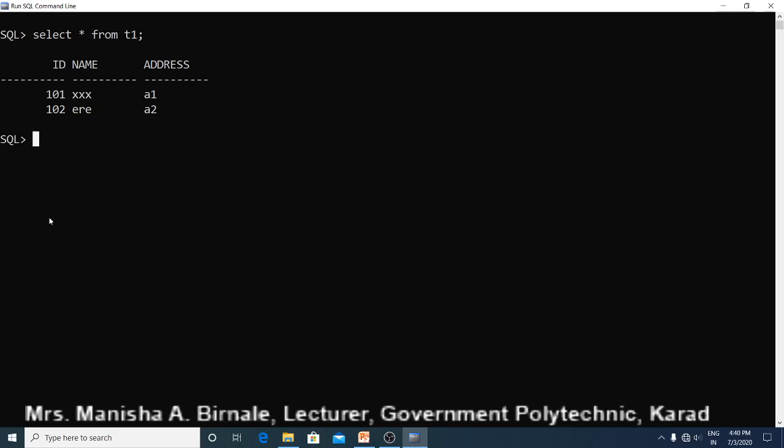Now let us see save point. Before that, insert one more record. Insert into T1 values, suppose 103, name, and this is the address.